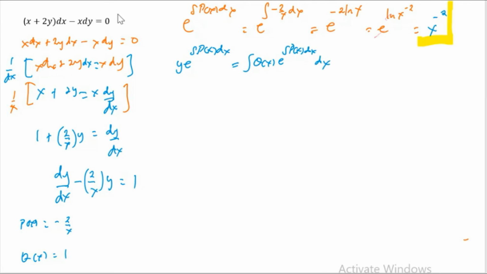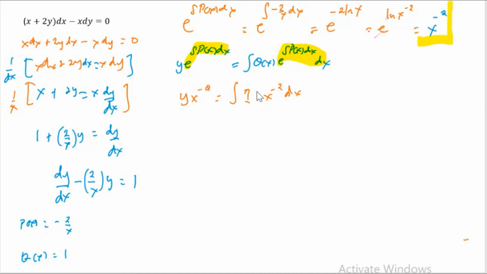So by substituting the value of e raised to the integral of p of x dx, which we solved earlier, that is now x to the power of negative 2. So we can write now y times x to the power of negative 2 is equal to the integral of the value of q of x, which is 1. I will just write there 1 times the integrating factor, which is now x to the power of negative 2,